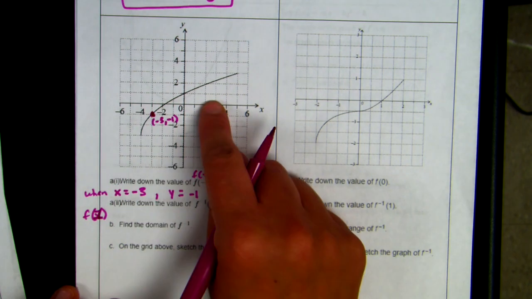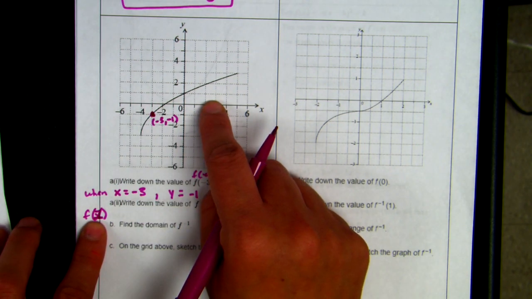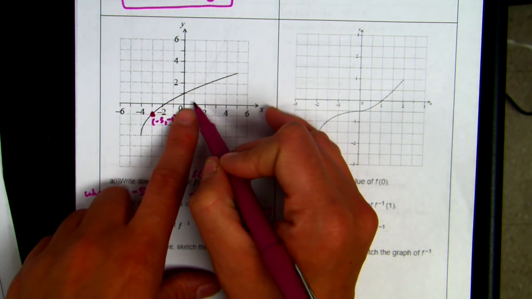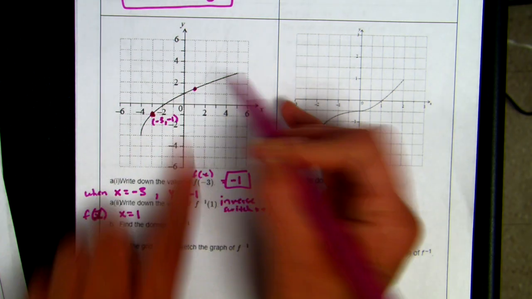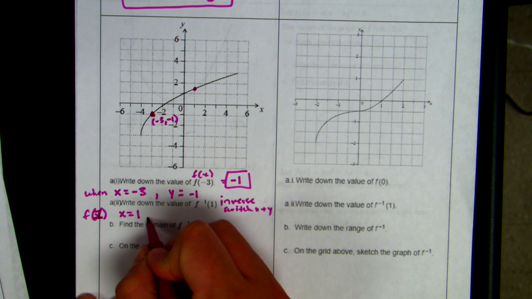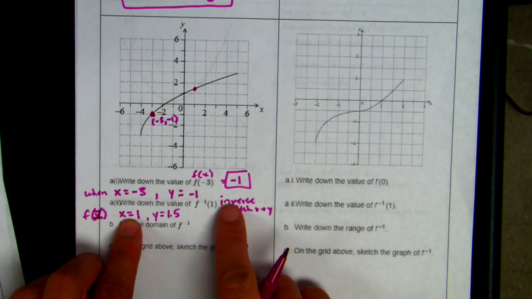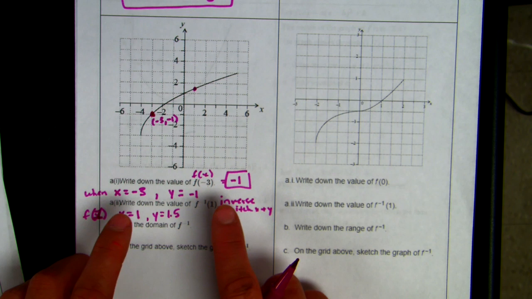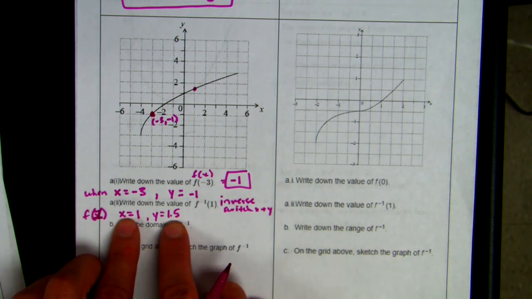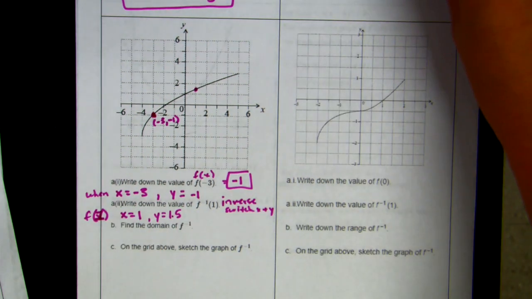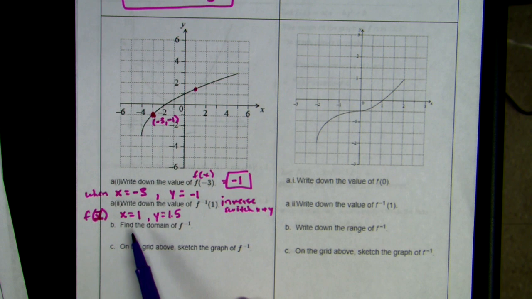So I'm going to look up here on my function. When x is equal to 1, my y value is equal to about 1.5, right? Y is equal to 1.5. If inverse means to switch my x and y values, then that is saying,